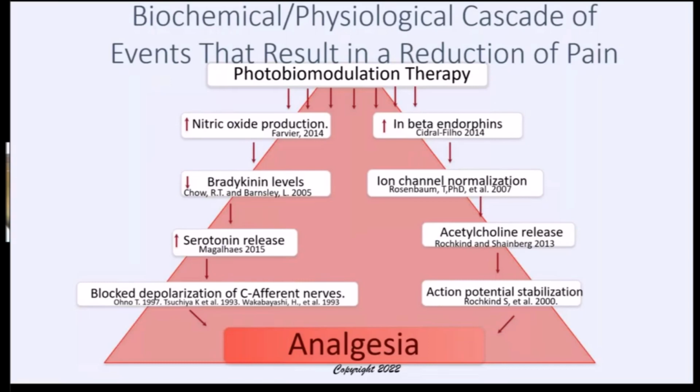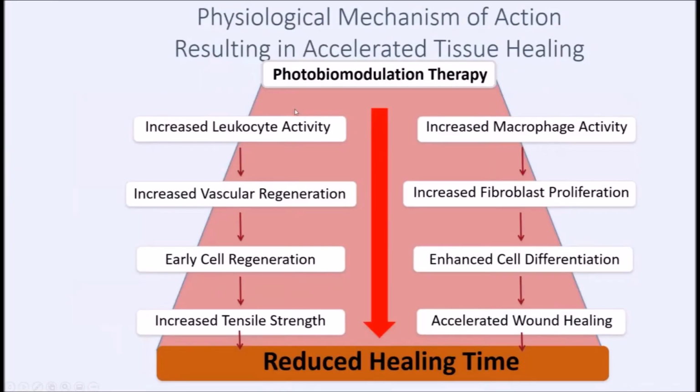So we have analgesia, and that is explained through the activation of the mitochondria by the light, and the outcome is that we have reduced inflammation, and this gives us reduced pain. So that's one of the significant effects of the light. We also have increased healing, so that means reduced healing time, and this is very important when we're looking at people returning to sport or returning to work, and the same with